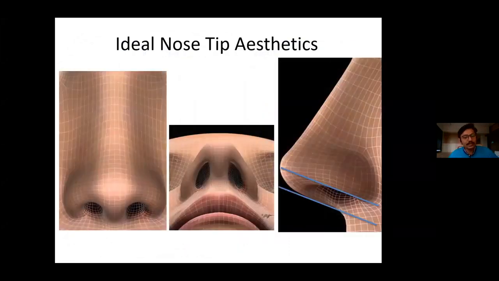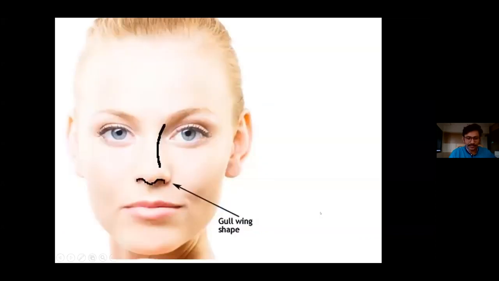I use this picture in most of my presentations. This is by Dean Toriumi, and you must know the ideal nose tip aesthetics before getting into the aesthetic surgery of the nose. So the nose should always be triangular in the basal view, and the dorsum should be high enough to cast shadows on both the sides, and the columella show of about 1 or 2 millimeters.